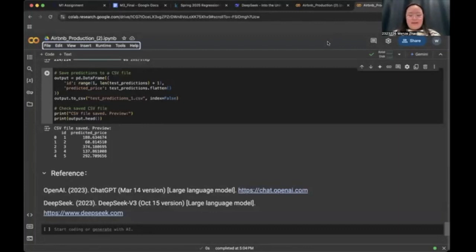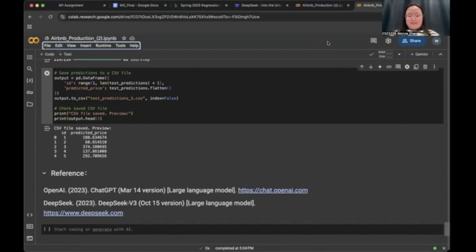Here's part 3, test set predictions. After training and validation of the model, we applied it to the test set to generate the predictions. The test set data underwent the same preprocessing steps as the training set to ensure consistent input format. Using the trained model, we predict the test set outcomes and save the results to a CSV file with 2 columns,